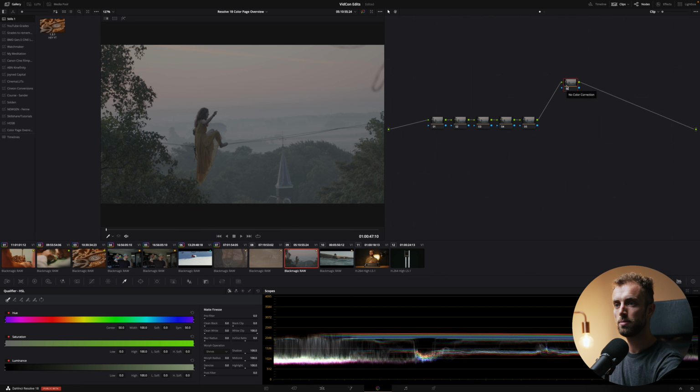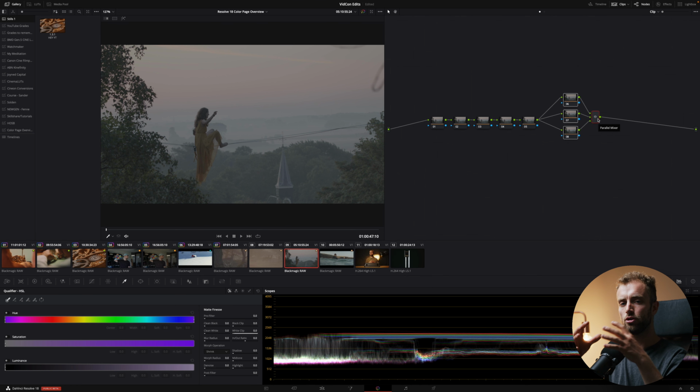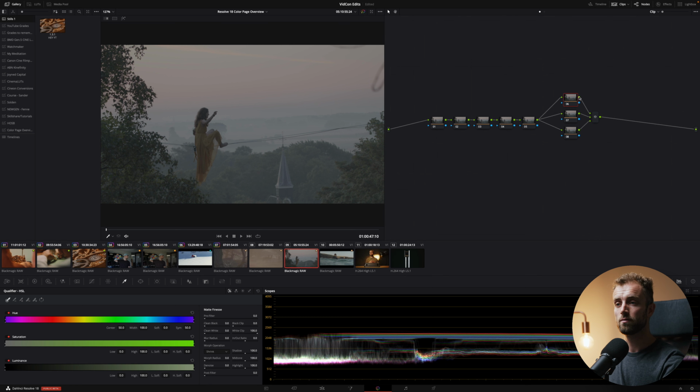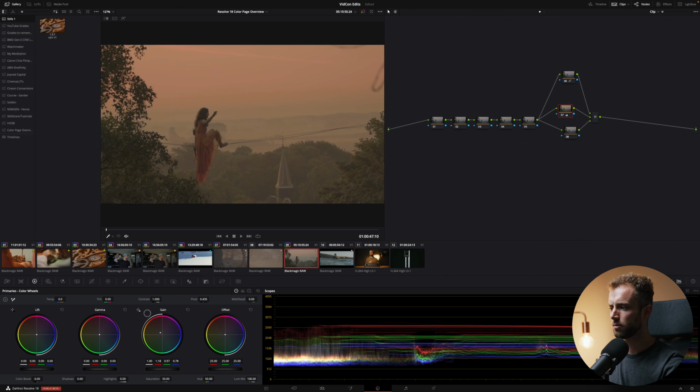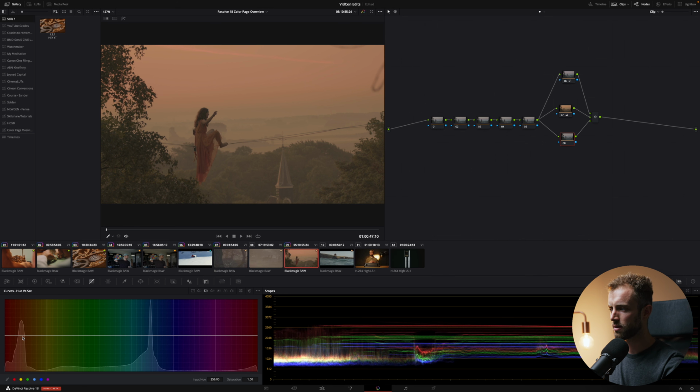So I press Alt P. This creates a sort of combined node that works as one global adjustment. Hope you understand. But to give this a little bit more perspective, this first one could be, for example, your hue versus hue. You play around with the reds a little bit, beautiful. Then this could be the wheels, push in a little bit of highlights, and this could be your saturation curves. All right, so like that. Amazing. Let's say this is good.